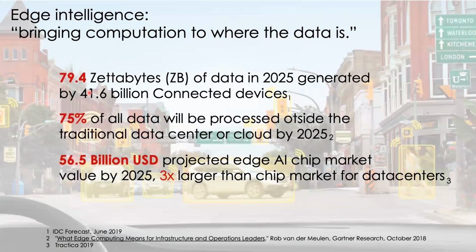2025. Just to put it in perspective, by some measures, if you were to count the number of sand particles in all the beaches in the world, your 79.4 zettabytes would be larger than all the sands put together. That's a huge amount of data that's generated by 2025. Interestingly, recent studies show that 75% of all this data is going to be processed outside the traditional data center or cloud. That largely means that today, a lot of the data that is being centralized is going to move out and get distributed to all these different edge devices. So absolutely, we need some level of intelligence on these devices itself.